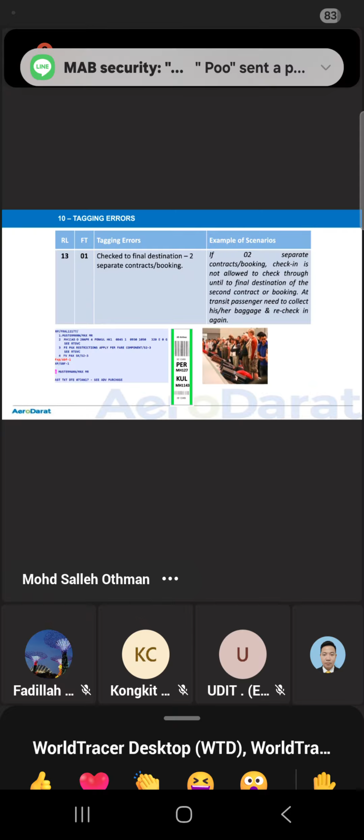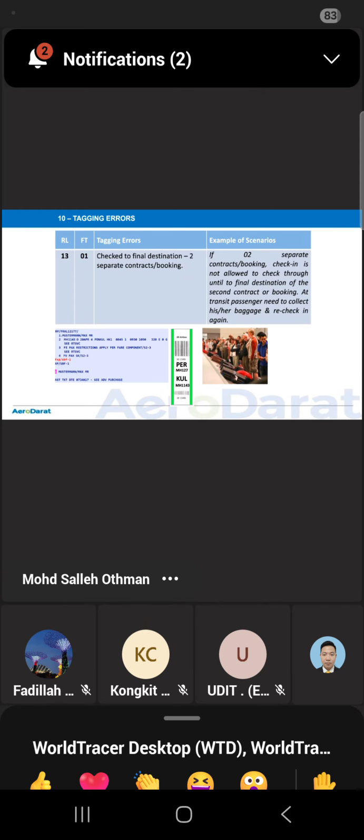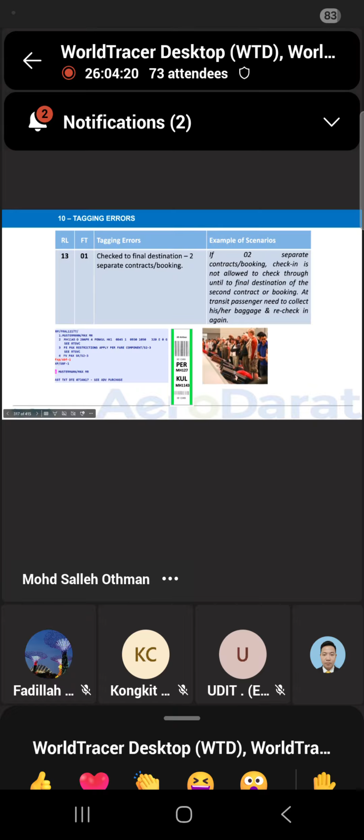Okay, so at the station, when you want to raise a report, you can do the courtesy report. If the passenger cannot control, don't do any report. Just let go. We try to calm him down without making a drama, and we just don't threaten. We circle back to the passenger: okay, sorry sir, do you want to make a report or not? If you don't want to make a report, you can go out from my office. Okay.